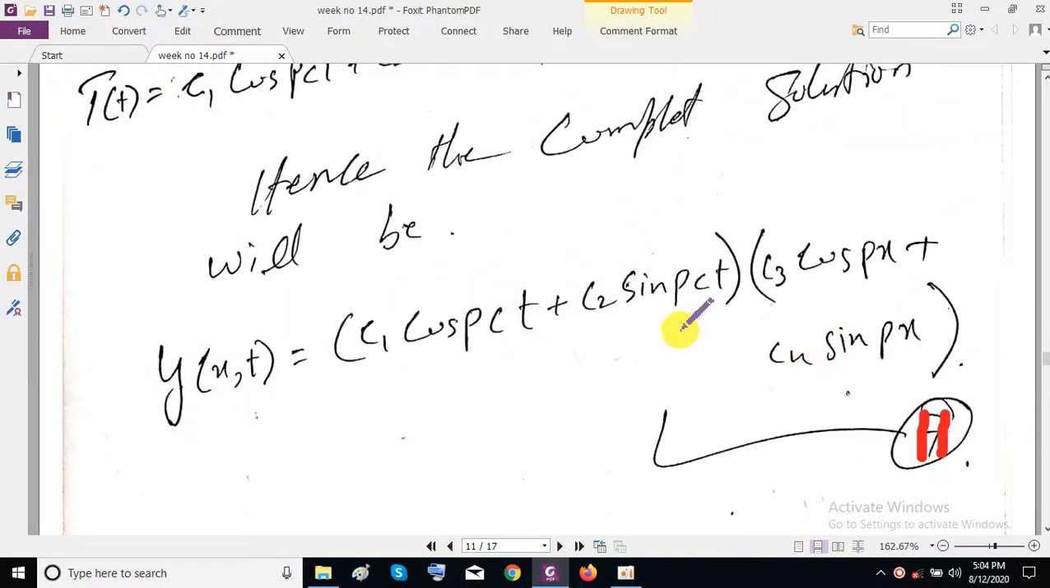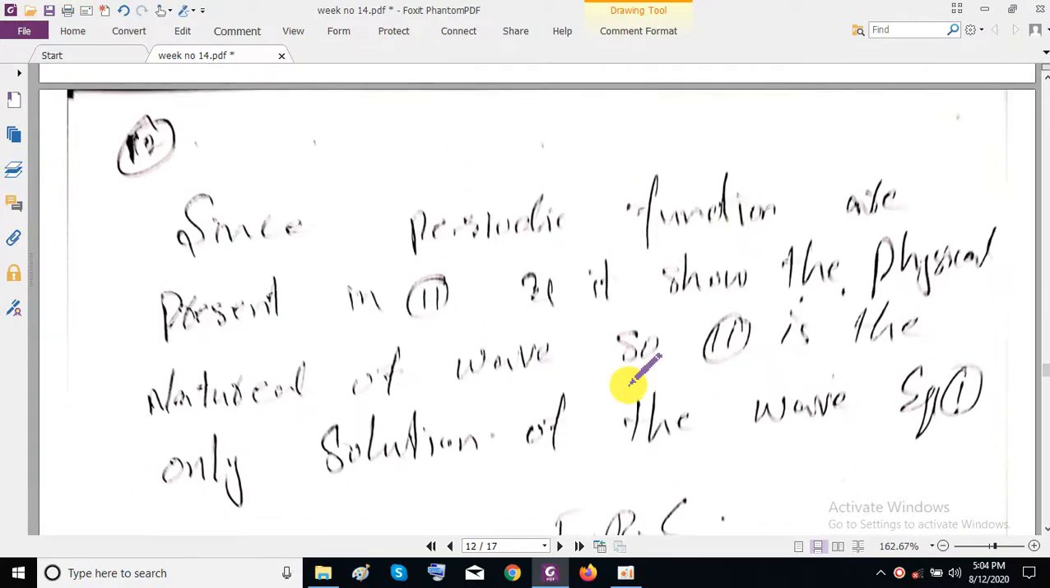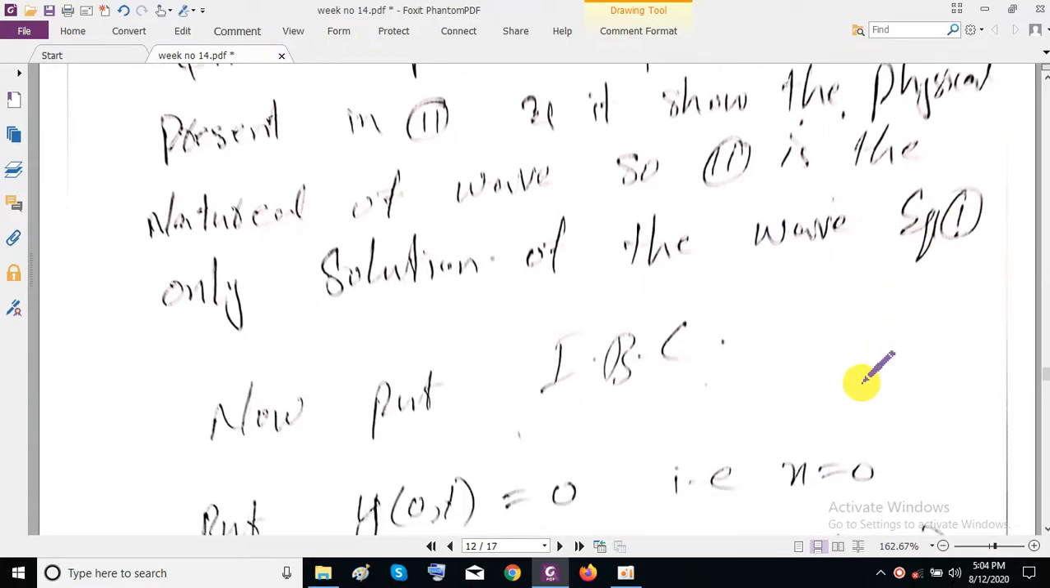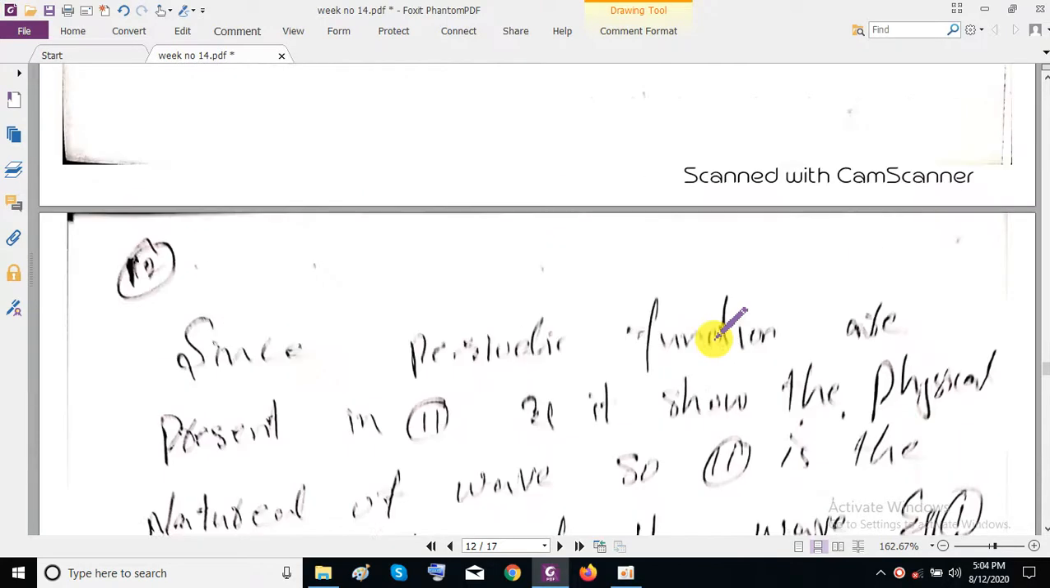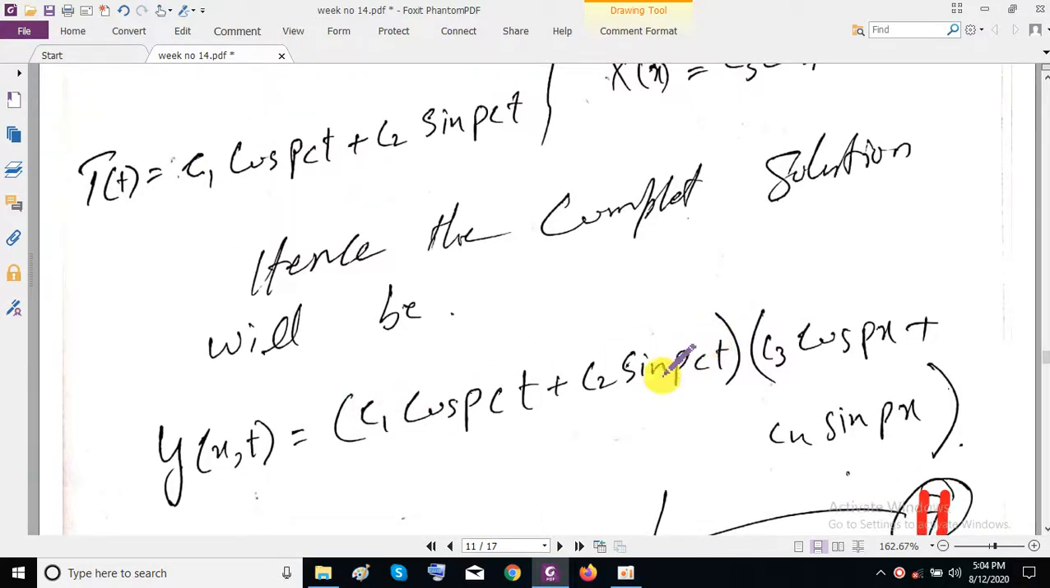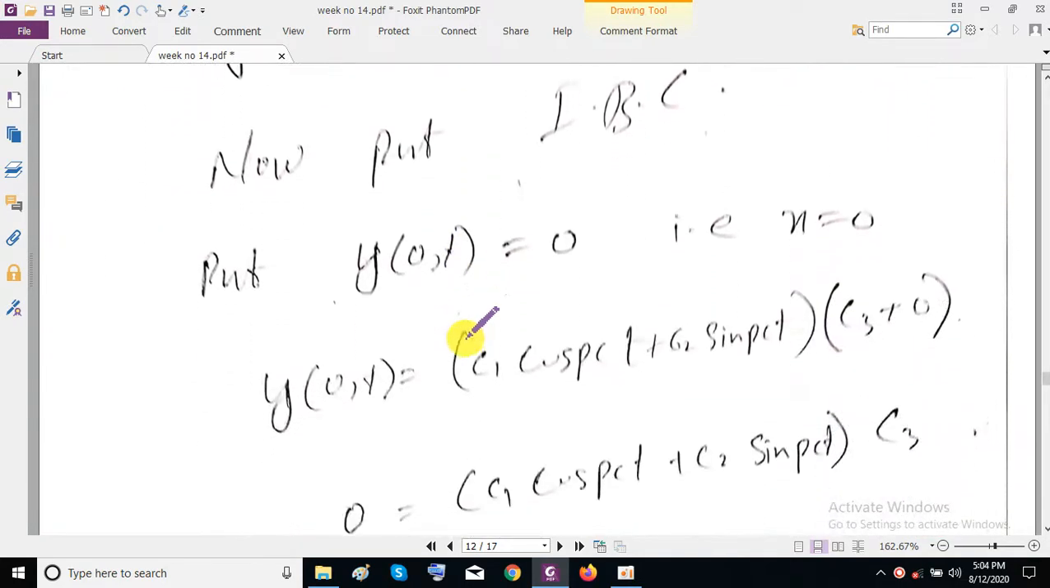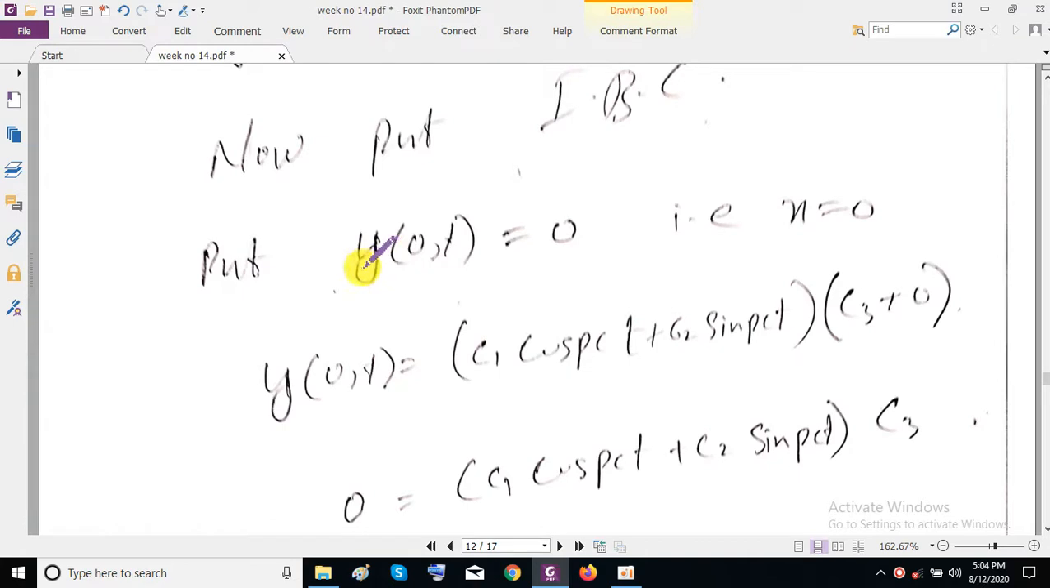Since this shows that it has a periodic function, it basically shows the nature of the wave. Okay, so equation 11 is the only solution of the wave equation 11. Okay, and we ignore the other two. Now we find the value of c1, c2, c3 and c4 using the initial and boundary conditions. Okay, first of all we put the initial condition, that is y of 0, t equal to 0, hence x equal to